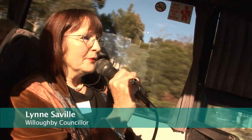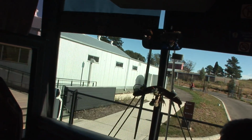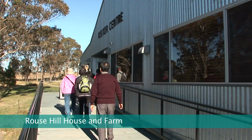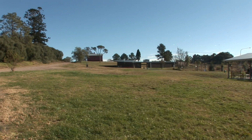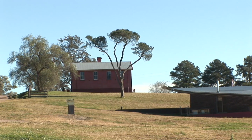Today we're going to start out at Rouse Hill Farm, which comes under the Historic Houses Trust. I'm a guide here at Rouse Hill House and Farm. I've been a guide here for almost 4 years, and it's a joyous property. So we're looking at a 200-year-old farm, and in terms of our Australian history, that's quite astonishing that it's still